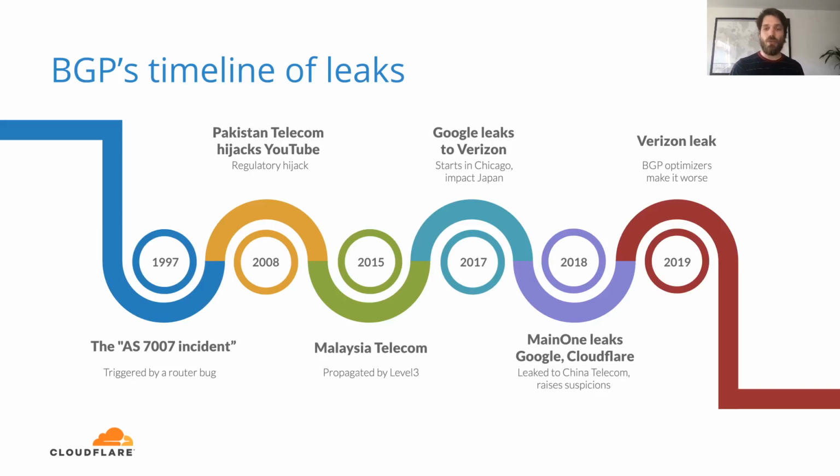So that begs the question, why do these keep happening? As mentioned before, the foundations of the internet are built on trust. Trust can be broken and mistakes can be made. We need better systems in place to protect ourselves against this. Unfortunately, this timeline also only lists a very small selection of high-profile route leaks. It's fair to say that a route leak happens on a daily basis. So these can definitely happen to you, either on the receiving end, or probably even worse, on the sending end.